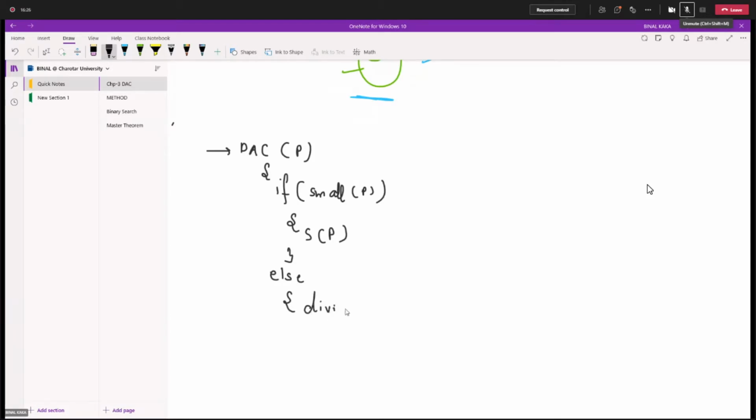I divide the problem P into P1, P2 up to Pk, right? After that, what do I do? Apply divide and conquer on the problem P1. I'm just dividing into P1, P2, Pk. Now I apply divide and conquer for P2 up to Pk,